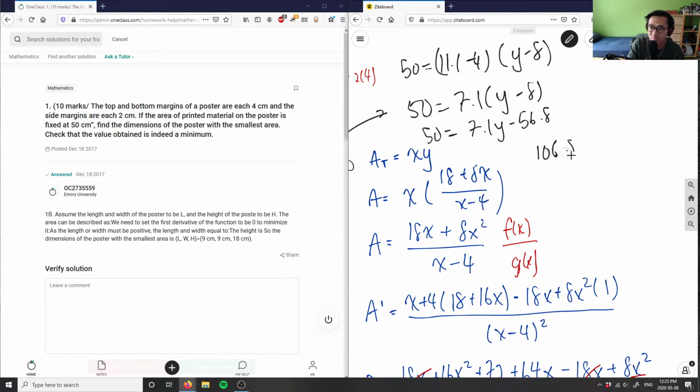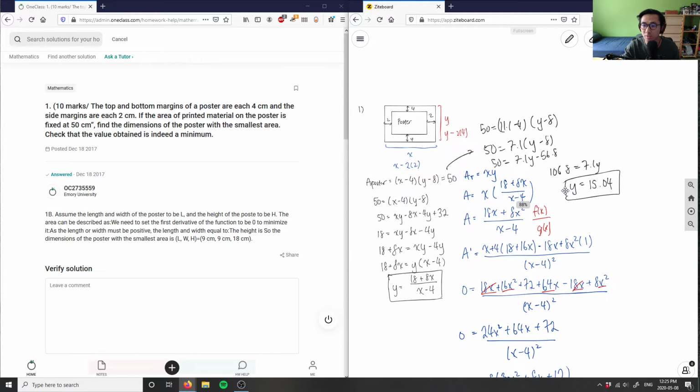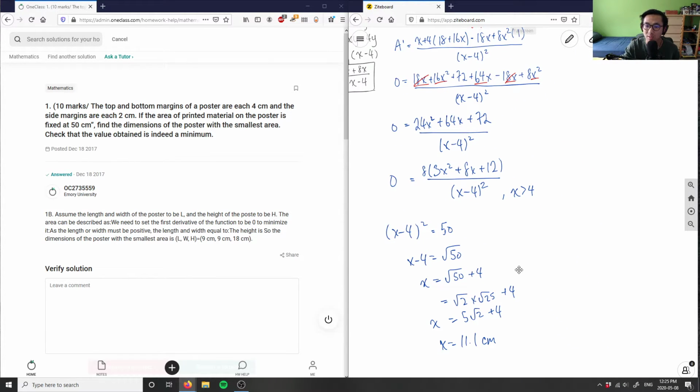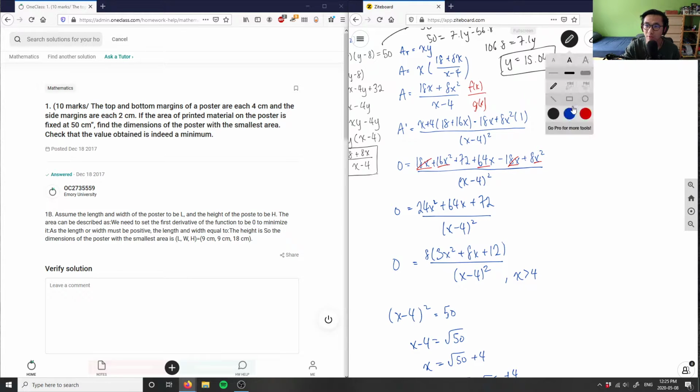106.8 equals 7.1y. And then I can finally divide both sides by 7.1 to get my value, which is 15.04 here. So 15.04 here would be the length of the poster. So again, my dimensions here are simply 11.1 here and 15.4. So